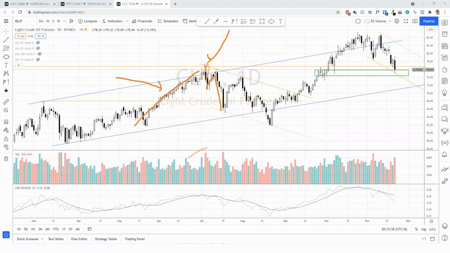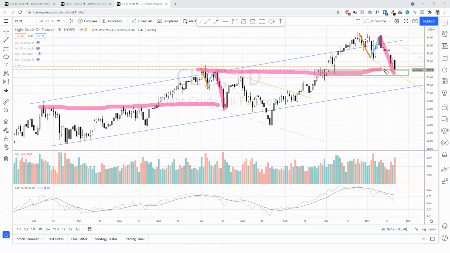So if we just compare that, let me use this. That's the first leg down. And probably we will see that there will be a test here, another test, and eventually there is a reaction down. Okay, so in terms of the support, there we go, there is the support and support here. So this is a support area.